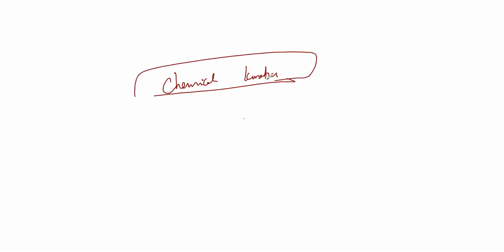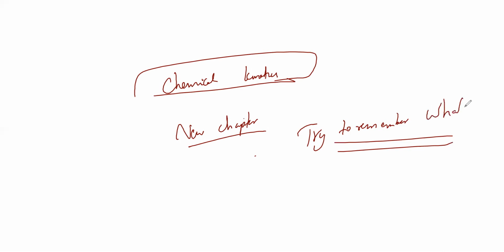So today I'm teaching you chemical kinetics. Okay. So once the class is over, you understand the basic things. Fine. And then you study a new chapter. Okay, so before studying a new chapter, try to remember what you have learned in the last chapter. This is the most important thing. Very, very important. Okay, then if you forget something, you can just go back to that chapter and see the page. Okay, and then you will get it.